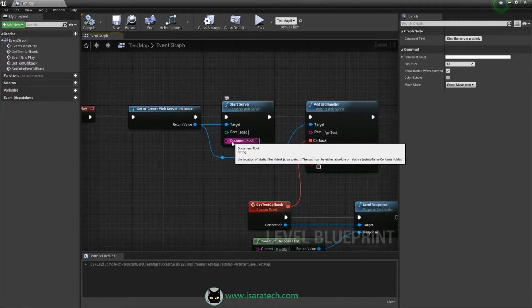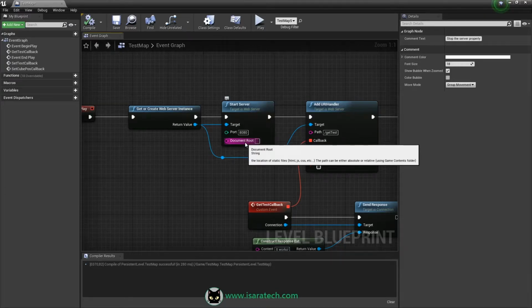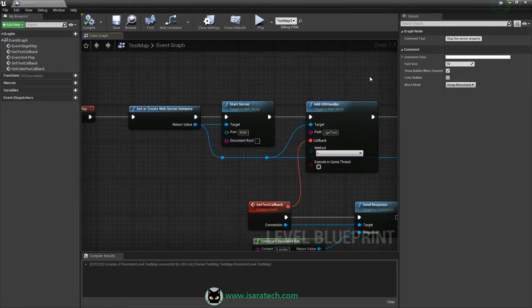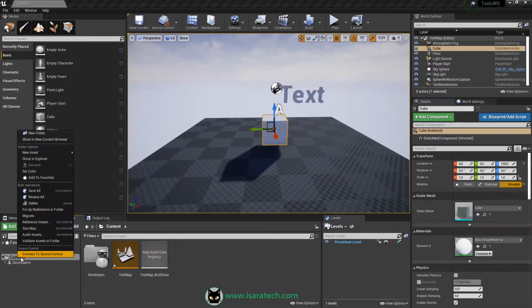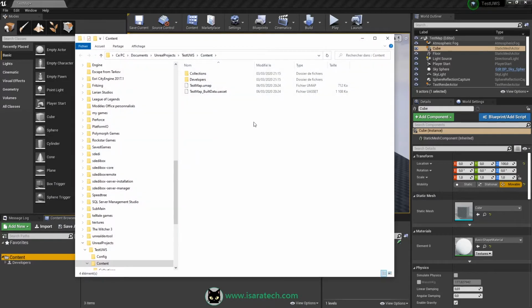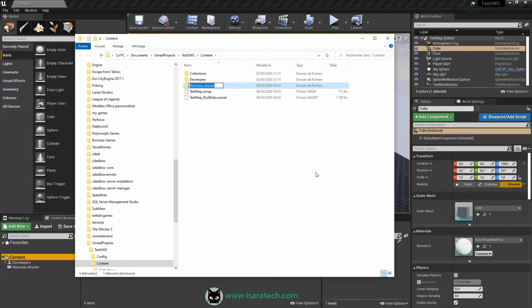So we will use the document root attribute in order to specify the HTML folder where HTML files, CSS files and JavaScript files are stored. In my content folder, I will open a new Explorer and add a new folder named HTML, for instance.